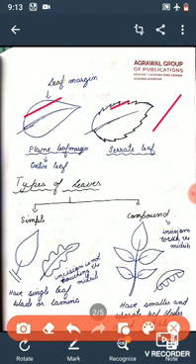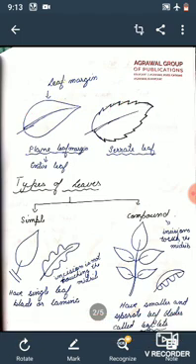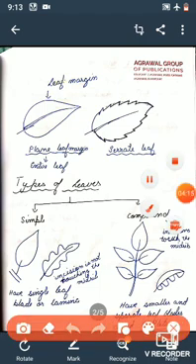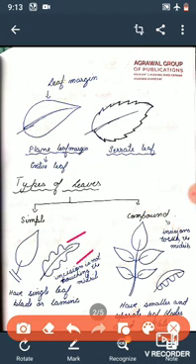So now we will study about the types of leaves. So there are basically two types of leaves, simple and the compound leaves. So what are simple leaves? If there is a single leaf arising from the petiole, okay, that is a simple leaf. And basically in simple leaves no incision is there, and if incisions are there, they will not touch the midrib. Okay, as you can see in the second one, incisions are there, but they are not touching the midrib. In both the cases the leaves are simple.